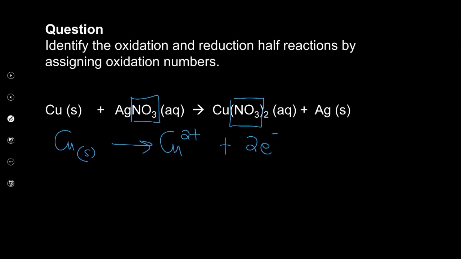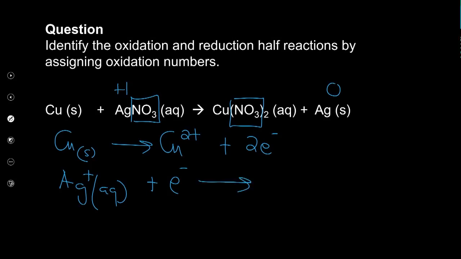And then in terms of silver, in this combined state, we know the nitrate ion is -1. So silver in this case is +1, and on the other end, it's 0. So what happened to silver? Silver underwent a decrease of oxidation number. It decreased from +1 to 0. So we can say Ag+, the silver on the left-hand side, which is +1, plus an electron